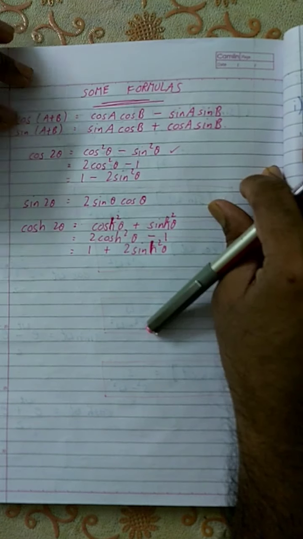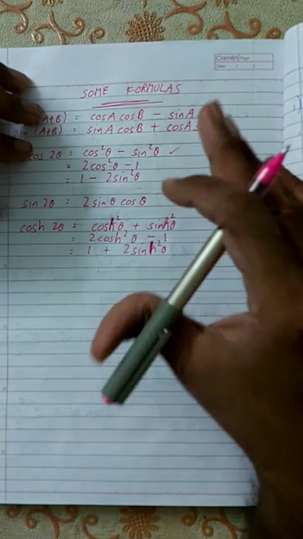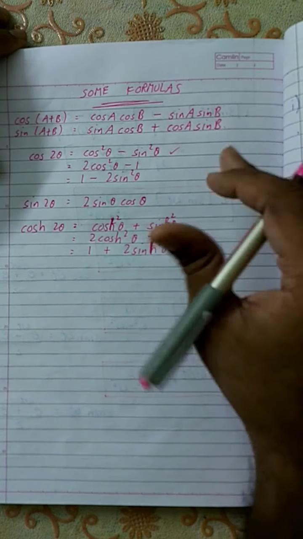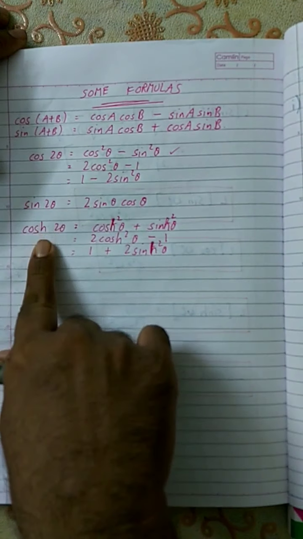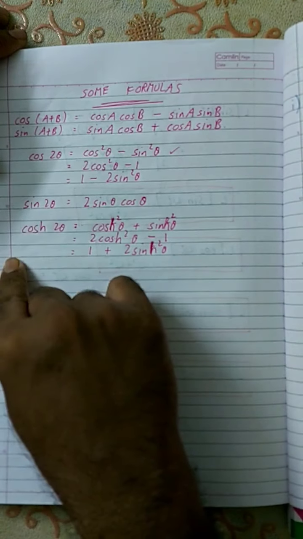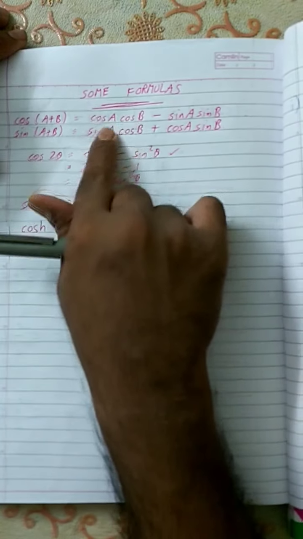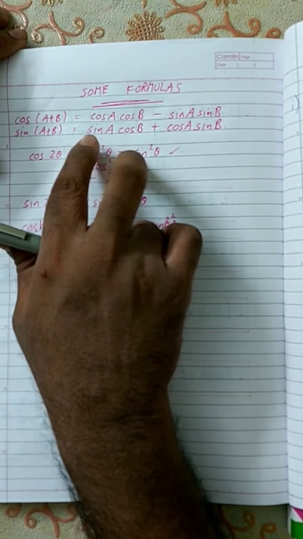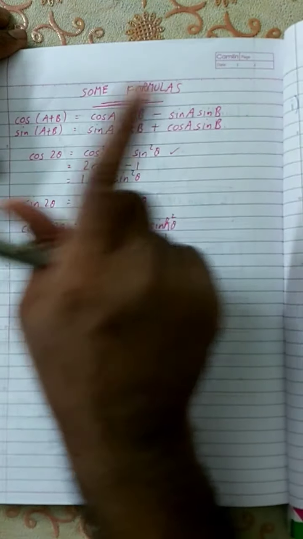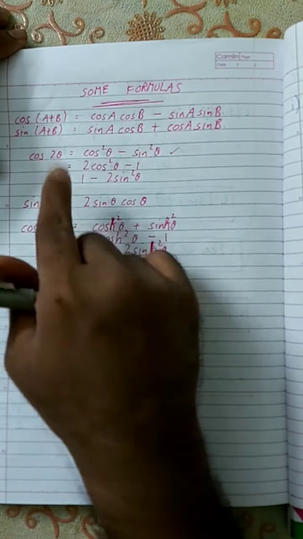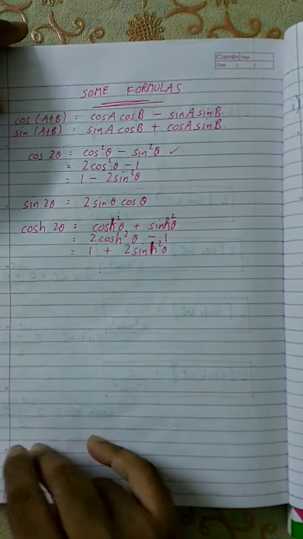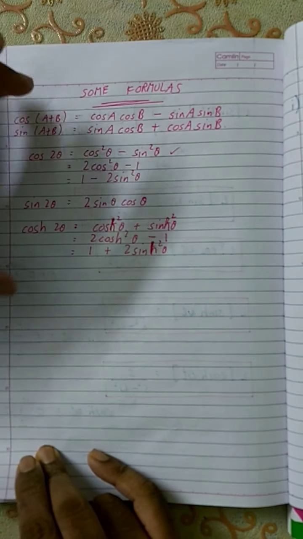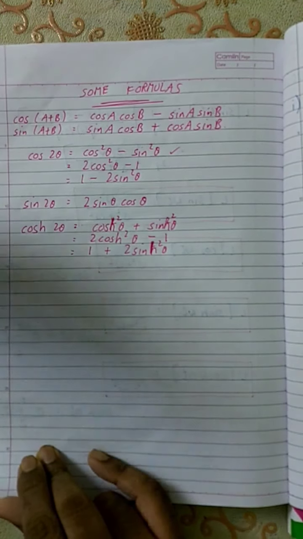Okay, the main reason why we are applying this is that I can express my Laplace transform only for a single cosine or sine term, not in terms of its power, and not in the product of two. So for example, I can't find the Laplace transform of a product of two different trigonometric functions. But if I know the formula, I can apply it and convert that into a single trigonometric term. Then I can find its Laplace transform. Okay, so just remember to write all your new equations in your book as we proceed with new problems.